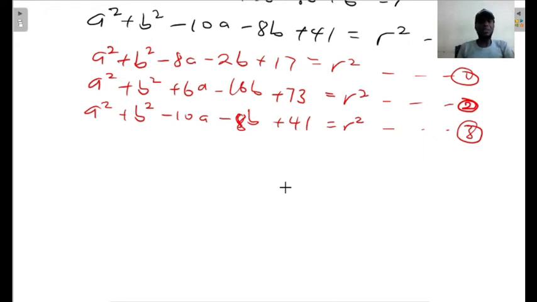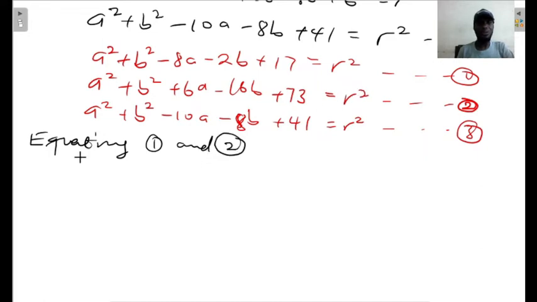But then it will be easier for us to eliminate r at the first place, because since equation 1, 2, 3 are all r squared, it means we can equate equation 1 and 2 and then maybe 1 and 3 or 2 and 3. So that is just what we are going to do. So I will say equating equations 1 and 2,